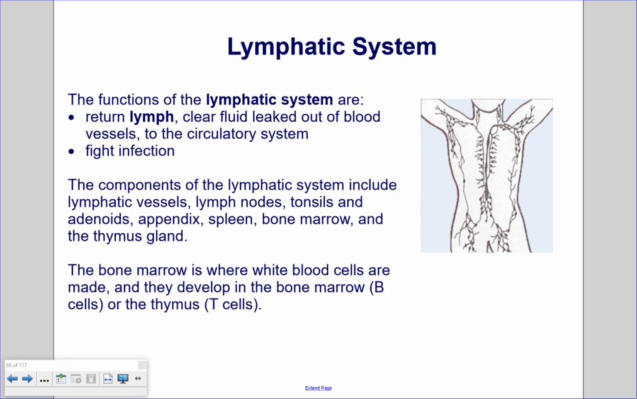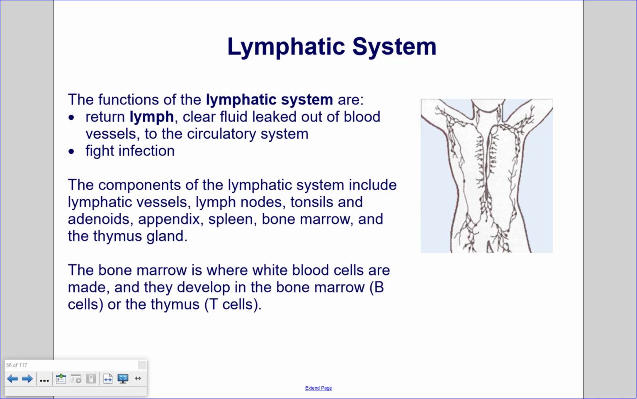Lymphatic system. The functions of the lymphatic system are to return lymph, which is a clear fluid leaked out of blood vessels, to the circulatory system, and to fight infection. The components of the lymphatic system include lymphatic vessels, lymph nodes, tonsils and adenoids, the appendix, spleen, bone marrow, and